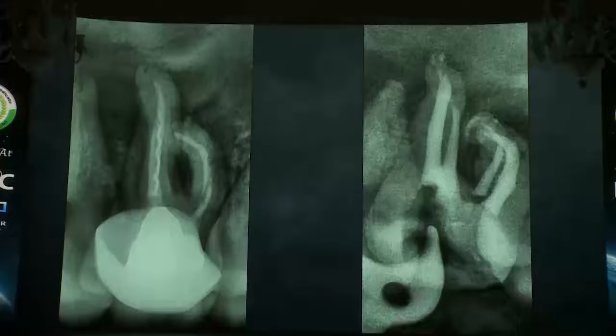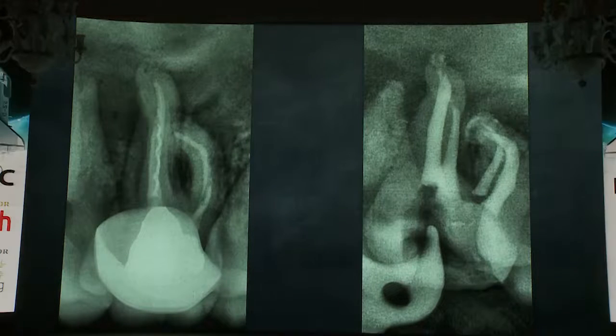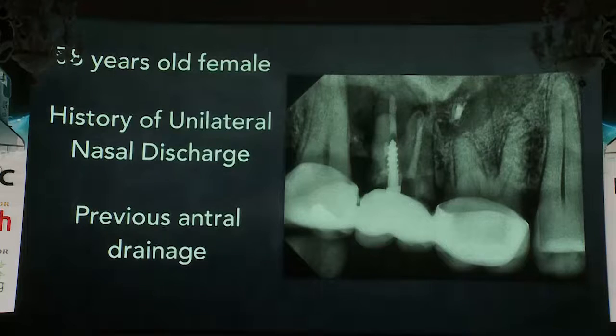It's a very interesting case for me. The traditional procedure error is a broken file. As I told you before, dentists never break files, but the file was broken. Okay, so we will not talk about it, but we will talk about different findings. This case was very interesting for me. She came to me referred because her son is a dentist.